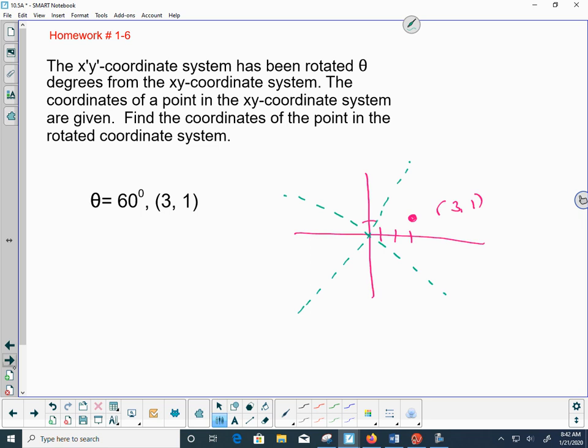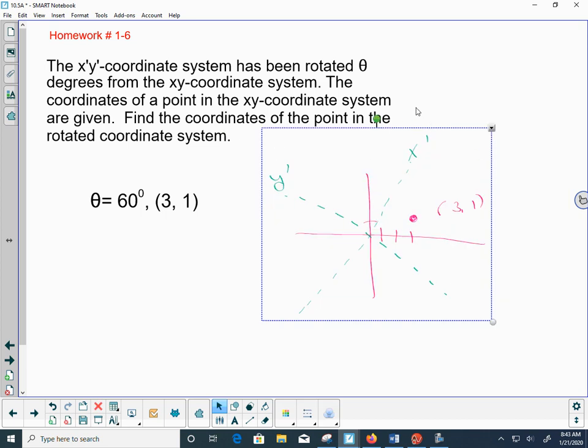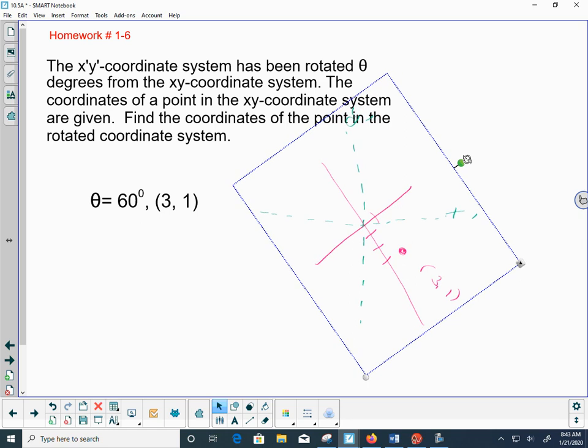So eyeballing about what 60 degrees would be, I would have this. This would be my new axis. This would be my new y-axis, and I want to find out what this point would be if I were to rotate it. So in order to visualize rotating, do they always rotate together? Yes, the x and the y. Yes. So you're picturing that you're taking this axis and rotating it like that,